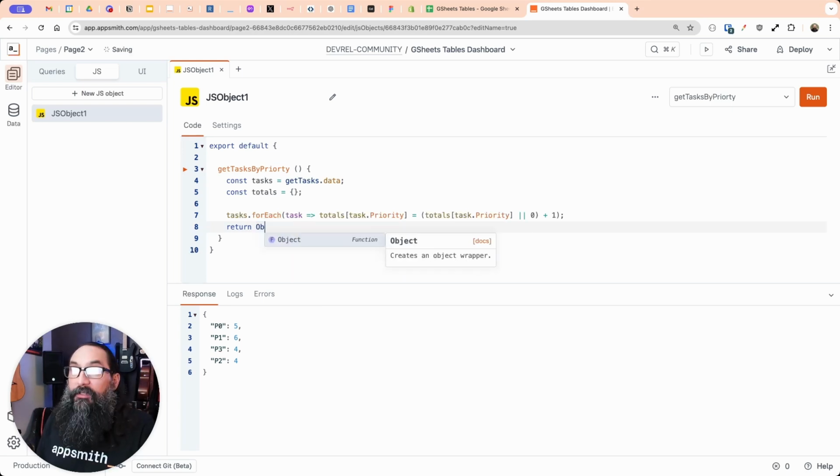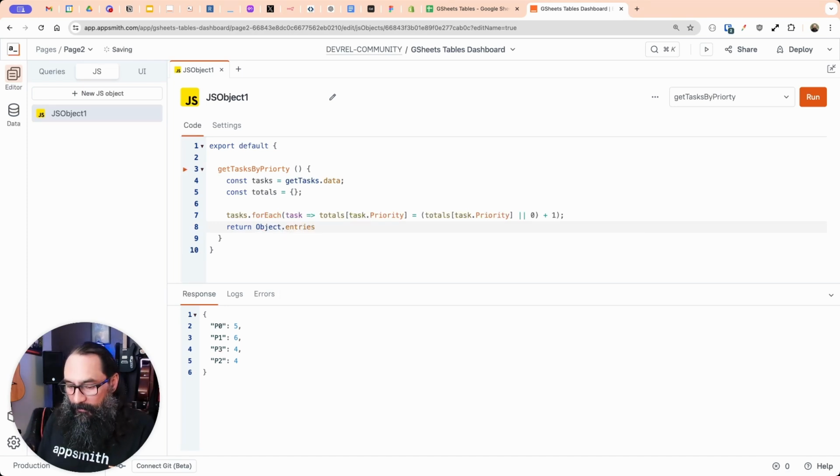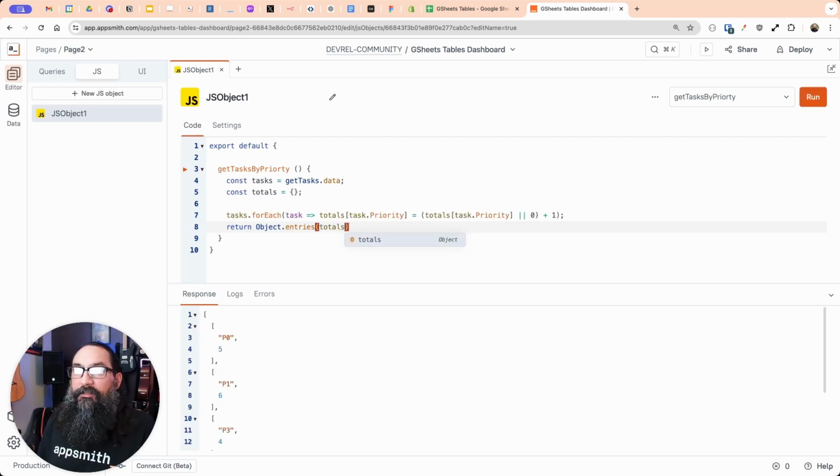So if you use Object.entries of totals, first let's just take a look at that. This returns an array of arrays, a 2D array, where the first value is the X, or what we want to use for X, that's the key, and the second value is the actual value. So we had the key value pairs before, and now we just have an array of 2 values. We can map over this now,